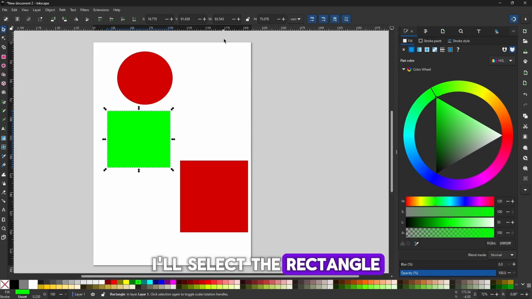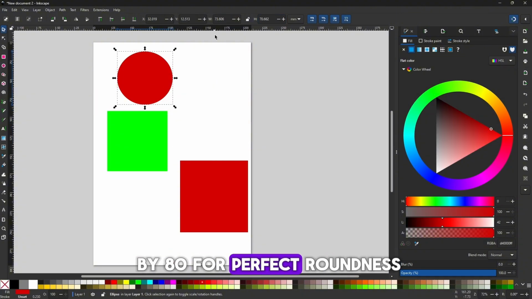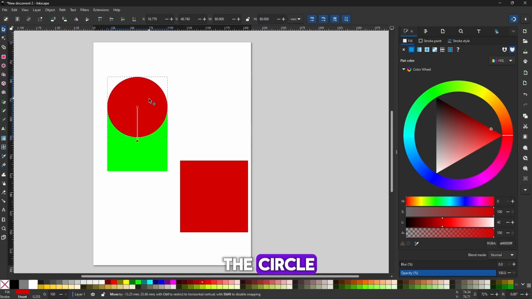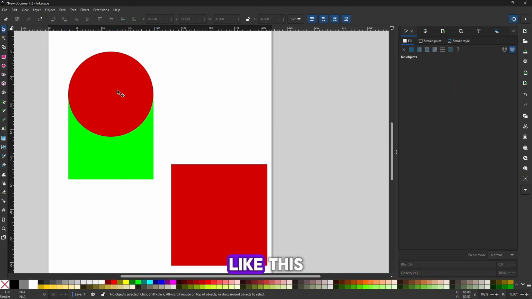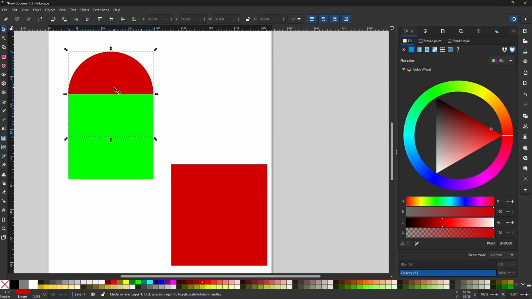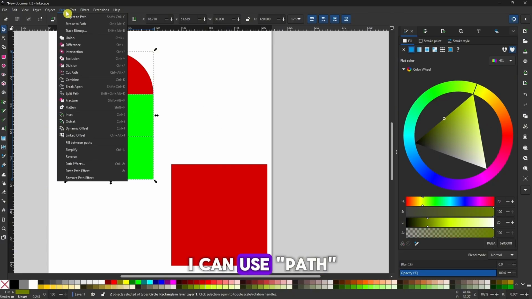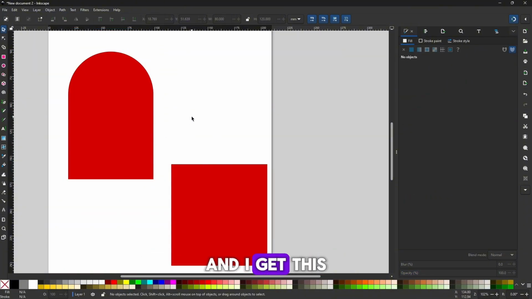For example, I'll create a composite shape now. I'll select the rectangle and set its size. Let's say it will be 80 by 80. I'll also make this circle 80 by 80 for perfect roundness. Now, I can use this tool to make the circle perfectly align on the rectangle. Like this. Now, if I select both shapes, I can use path and combine them into one, and I get this perfect